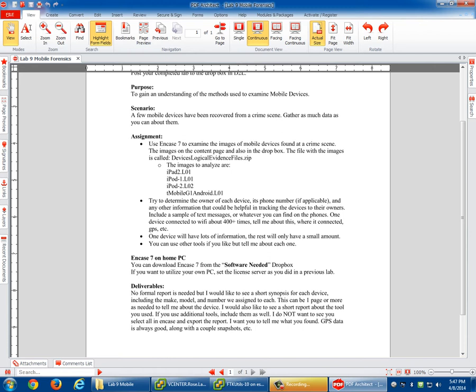I've given you some images. I've already imaged them for you. I've given them a couple of things: an iPad, some iPods, and a G1 phone. What are you using to make the images? What program? I used NCase. NCase? You can use NCase as well. Yep. It's very easy. The bad thing is,